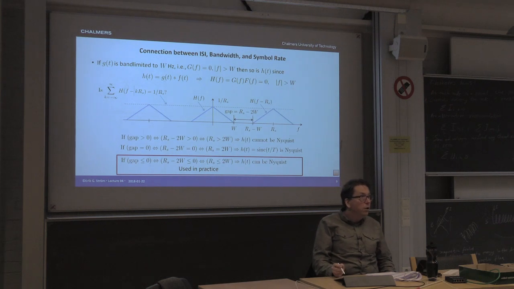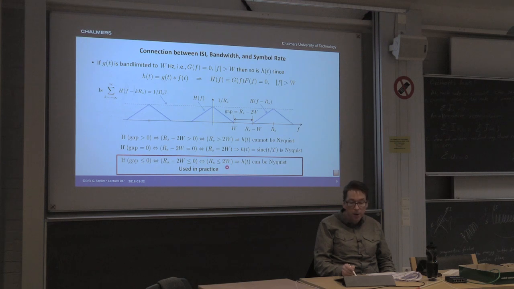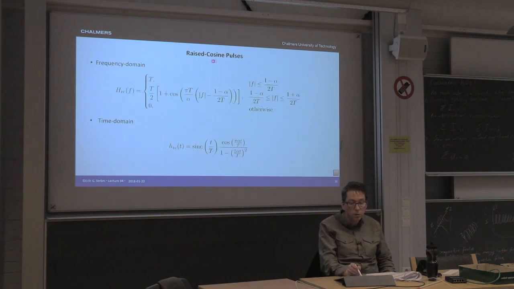So what we learned before the break is that if we use a symbol rate, R_S, which is a little bit less than twice the bandwidth, then we can select pulses which are Nyquist pulses. One such Nyquist pulse which is used in practice is the so-called raised cosine pulse, which has this hideous expression, but it's actually quite simple. So, to show that this is actually a Nyquist pulse,